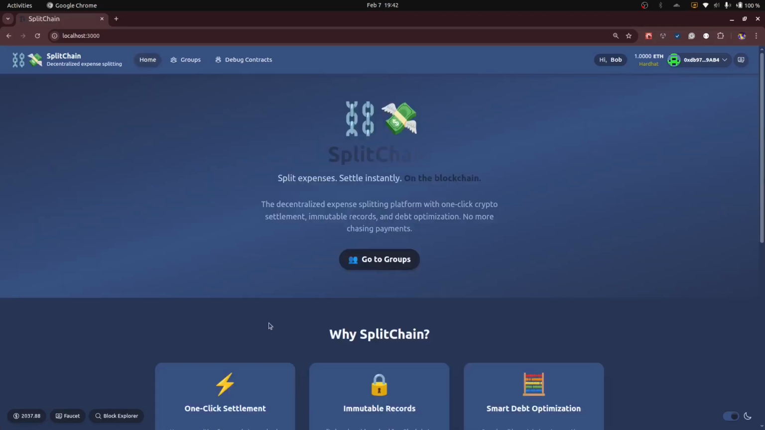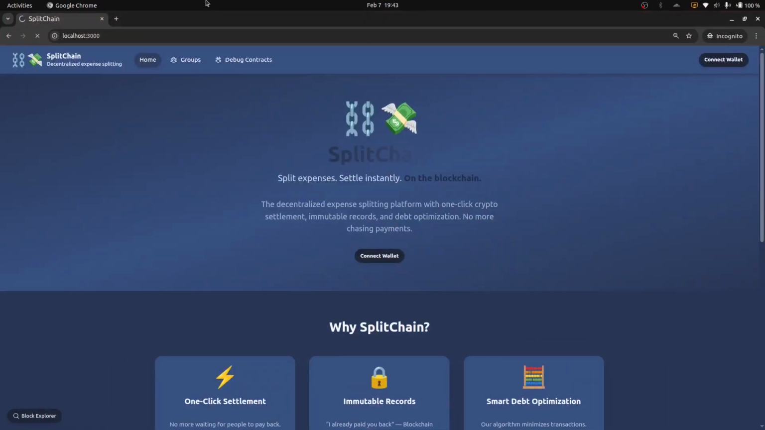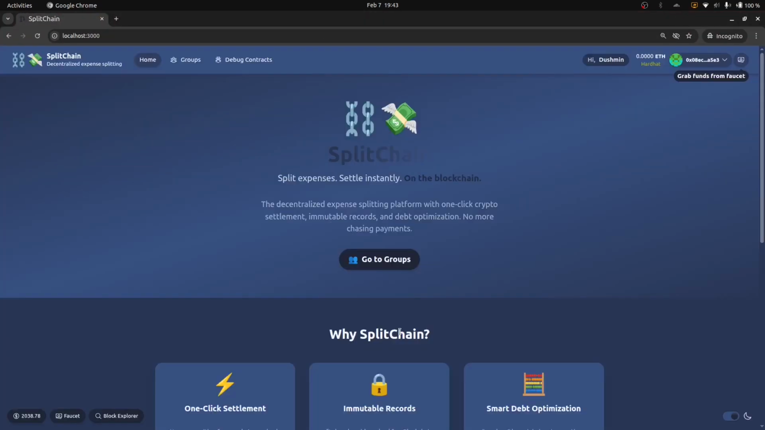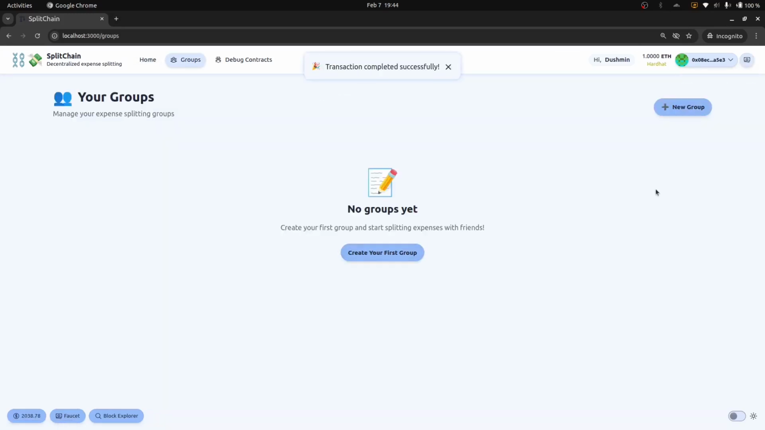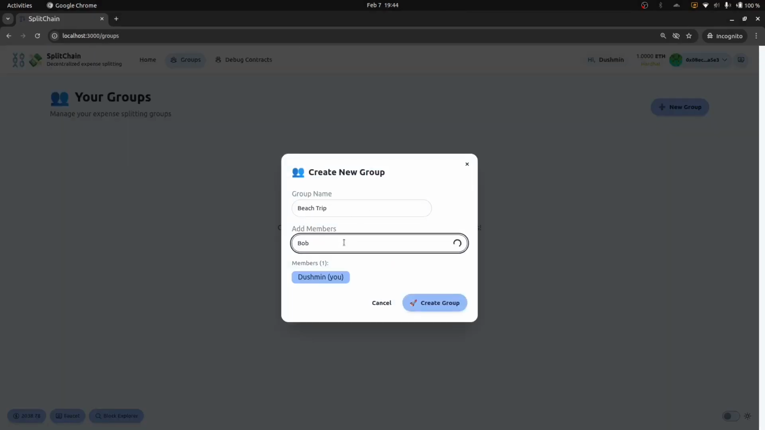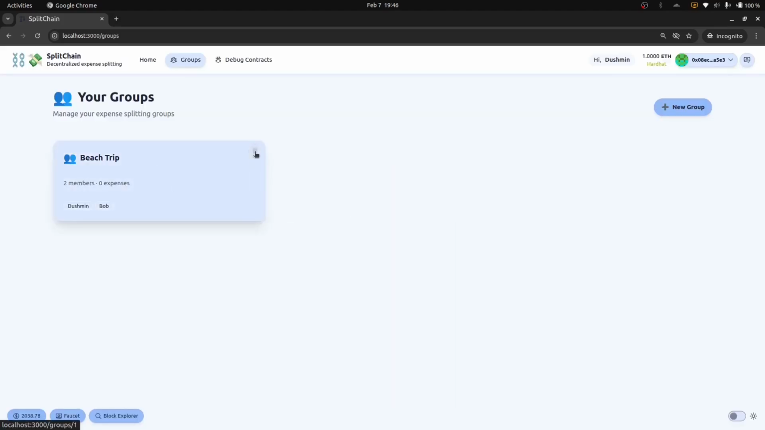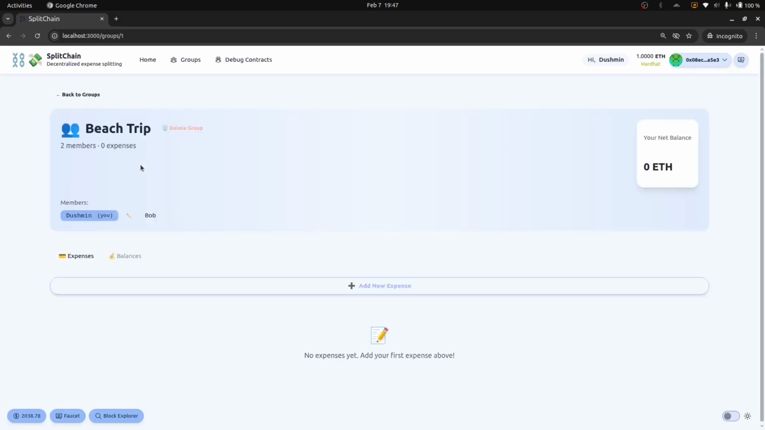So let's open a new window and register a secondary account named Dushmin, and we switch to the light mode for identifying it easily, and it uses a burner wallet, a temporary one. And let's create a new group and add Bob as a member. So you can see a new group is created,